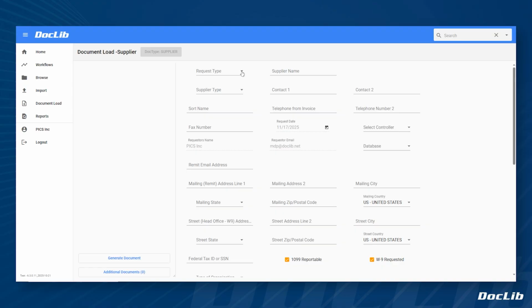You can add documents to this. So if you think about, in the case of a supplier create, you might have a W-9, you might have a sample invoice, you might have some remit to, some banking information, so on and so on. You can attach all of those as additional documents. And using the data here,